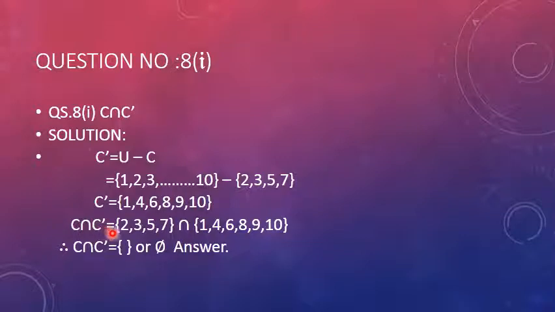Now in the second last step, I have written C intersection C complement. Now it means we have to find our main question, C intersection C complement. On the right hand side, I have written the elements of C, that are 2, 3, 5, 7, and elements of C complement which we found in the last third step, 1, 4, 6, 8, 9 and 10. In between the two sets, the symbol of intersection. Now we have to see the common elements of these two sets, and if you notice there is no element common in between the two sets. Now our final answer of C intersection C complement is null set or empty set.